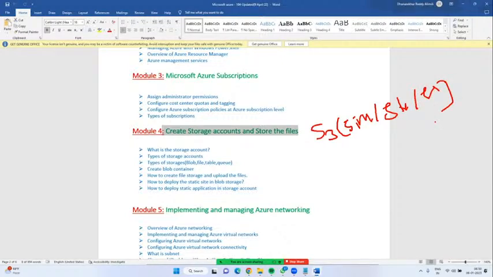Earlier, Netflix was a big customer for AWS. All the web series, videos, movies, and entertainment, Netflix stored in AWS storage itself. Now, Netflix is moving to Microsoft Azure.